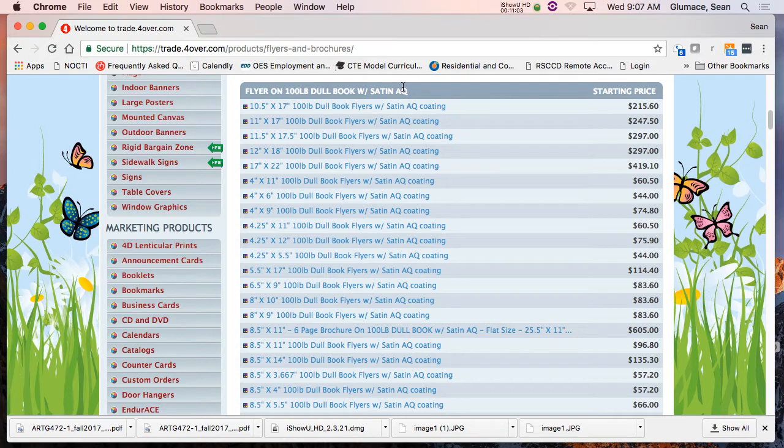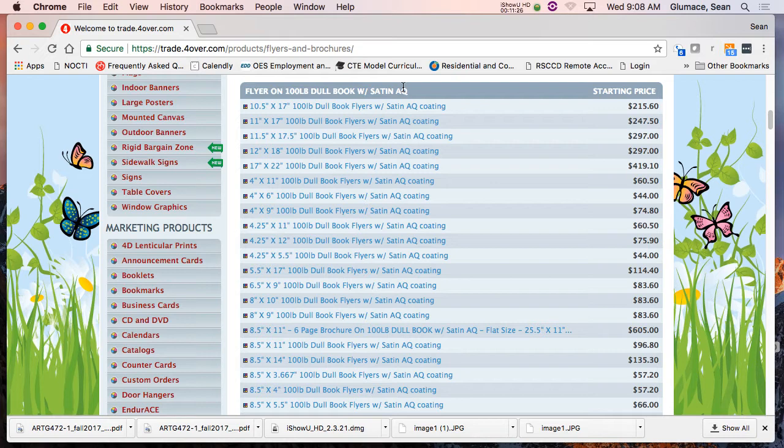It's heavy. You've probably held it 1,000 times and just didn't even know it. If you've ever picked up something glossy, a flyer, it's probably 100 pound or 80 pound. 80 is a little thinner. It's thicker than this type of paper, though, your standard copy paper. I can't remember what we got in here, but you can always just look on the side of the paper or the box, and it'll tell you what the point or your pounds is. And it's by weight. That's why it's called pound.